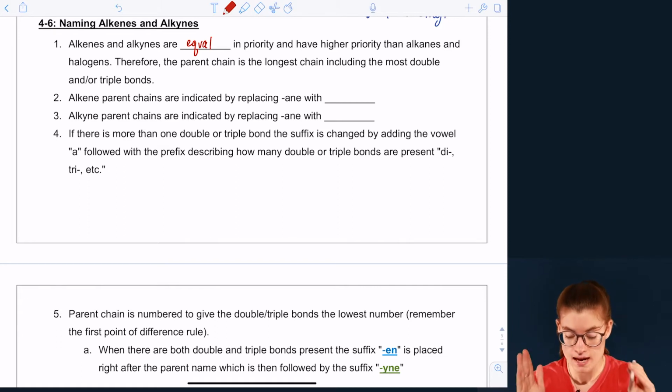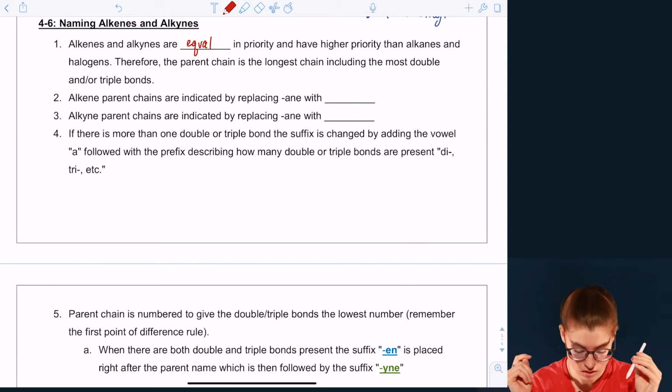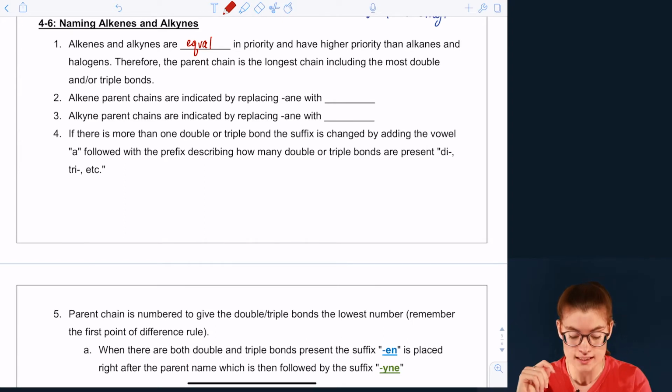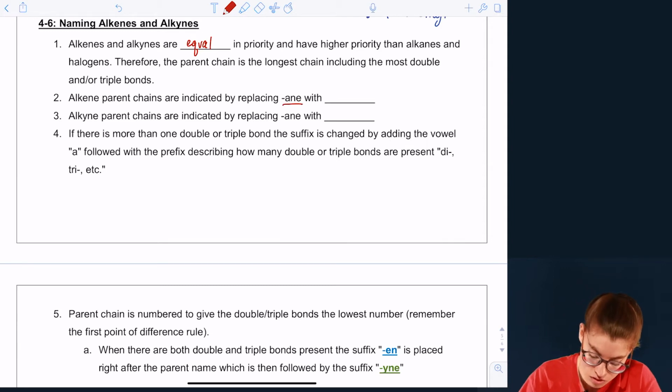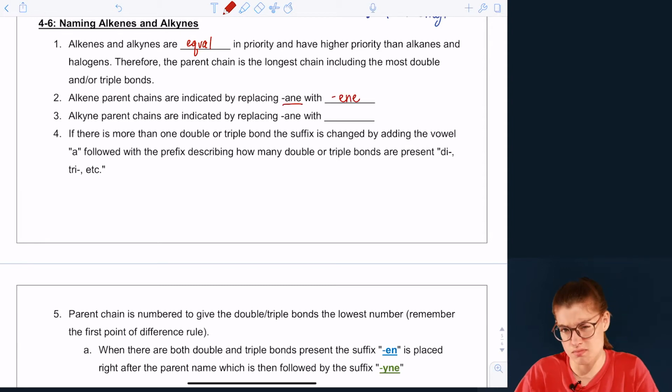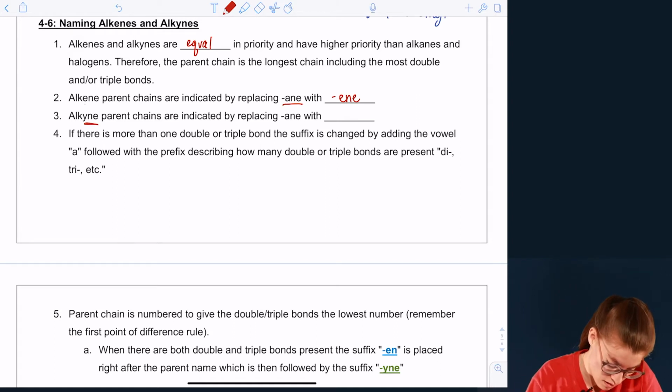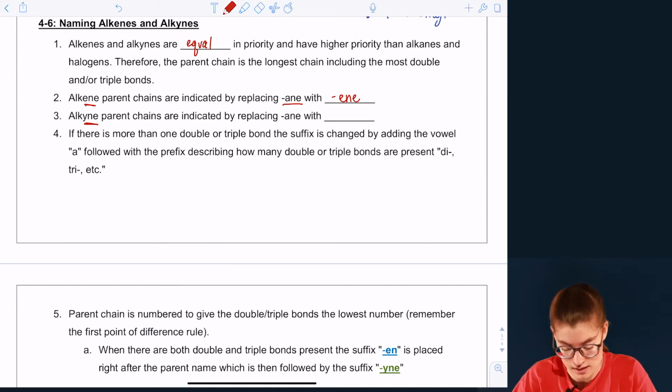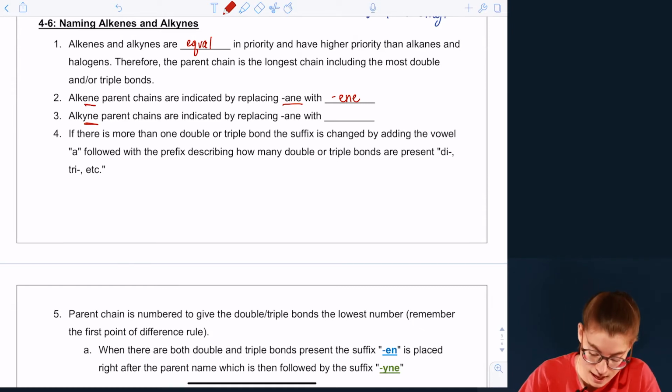So the parent chain is not necessarily the longest chain anymore. It's going to be the longest chain that contains the most double and or triple bonds possible, okay? So the alkene parent chain is named by replacing ANE with ENE. And I know we talked about this in the first video as well. For an alkyne, well, you can kind of guess here. The alkyne parent chain is indicated by naming it instead of with an ANE, with an